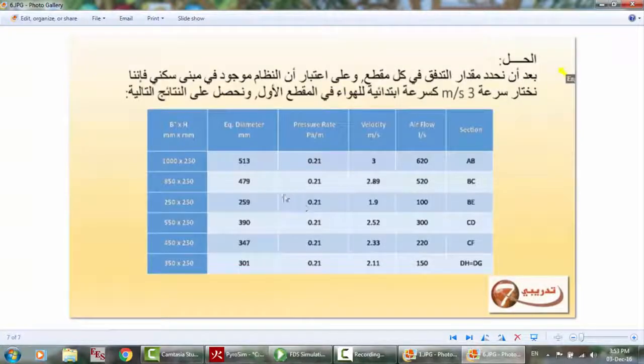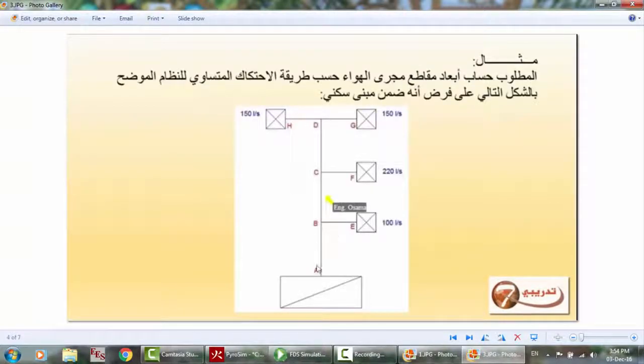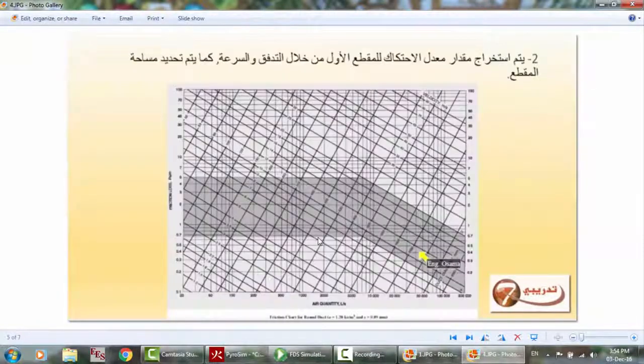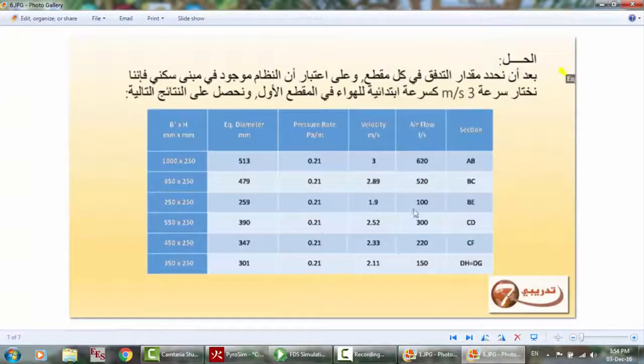Then, as you know, here is B times H in millimeters, 1000 times 250, and here is the equivalent diameter. This is the round and this is the rectangular, and here is the 0.21, just for example, and here is the initial velocity 3, and here is the airflow in liters per second, here the section AB, and then section BC,